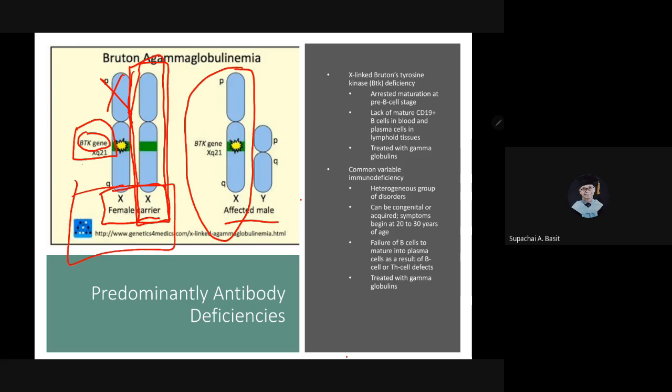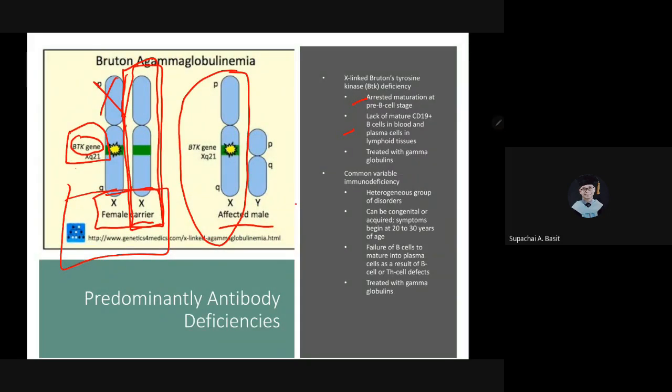So what will happen? There would be arrested maturation at the pre-B cell stage. And that particular child wouldn't have mature CD19 plus B cells in blood, plasma cells, and in lymphoid tissues, because these are important for the proper maturation of B cells. And